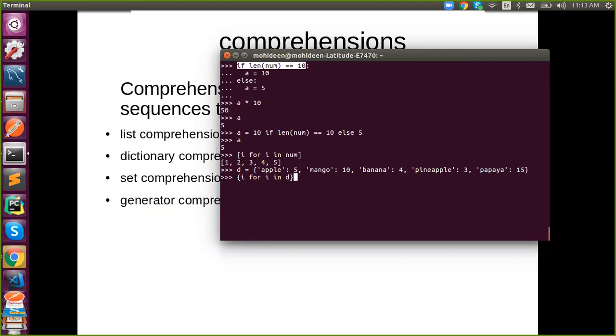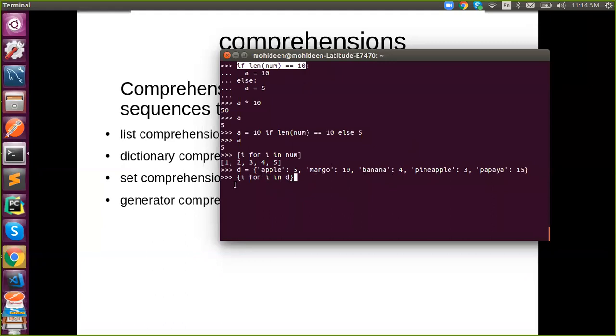Why is it a set? Already, the dictionary has keys and values. When you iterate a dictionary, what will you get in i? Keys alone, right? Keys alone.